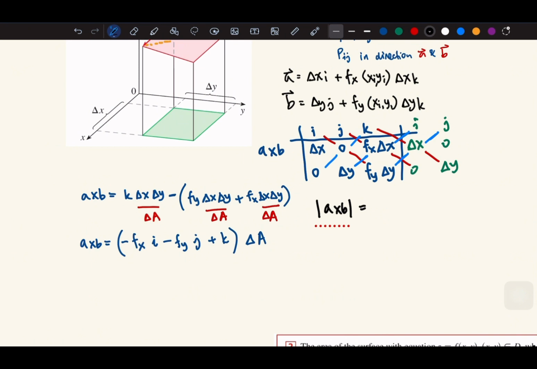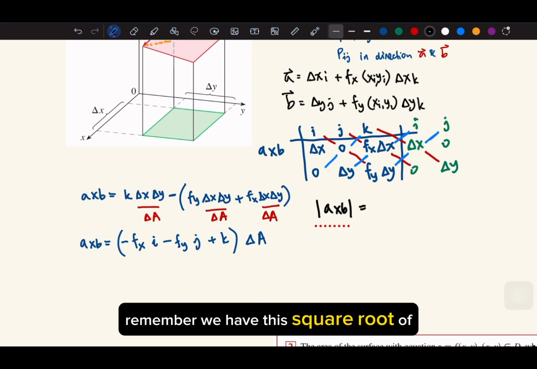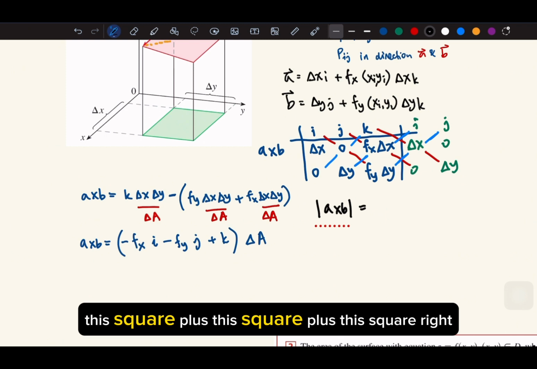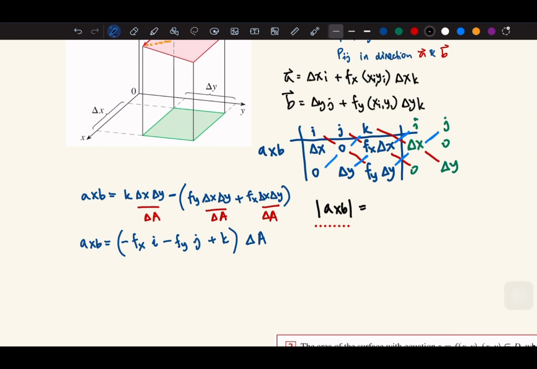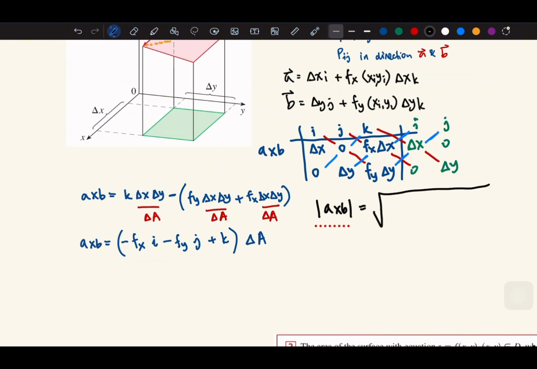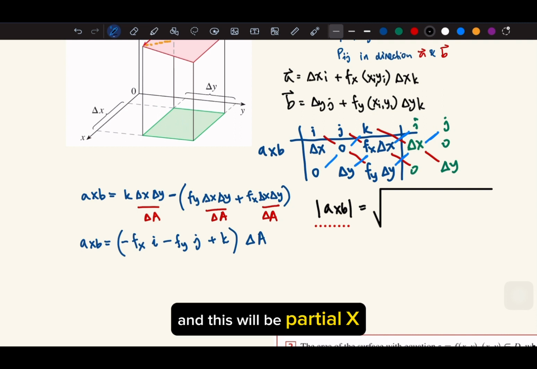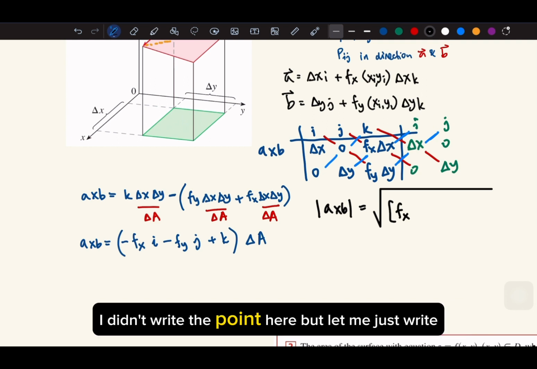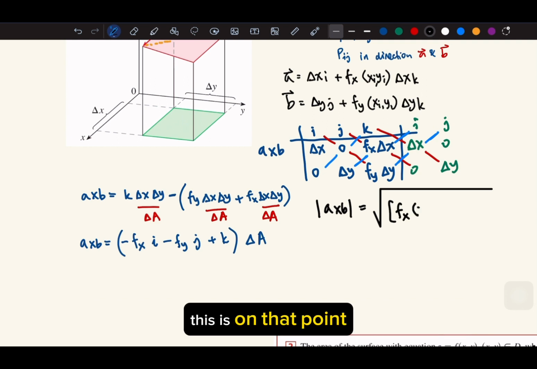If we take the magnitude value, remember we have the square root of this squared plus this squared and plus this squared. So write all of that. So we are going to take the square root, and this will be partial x. But remember, this partial x should be at that point. I didn't write the point here, but let me just write. This is on that point